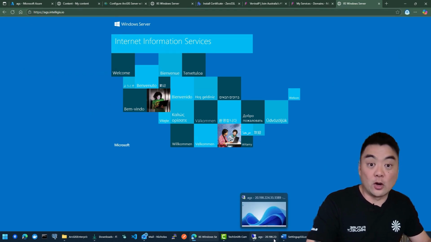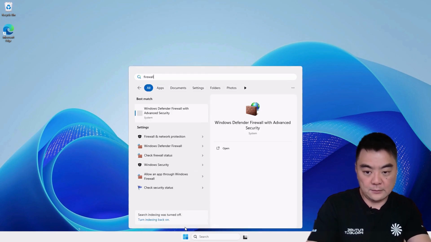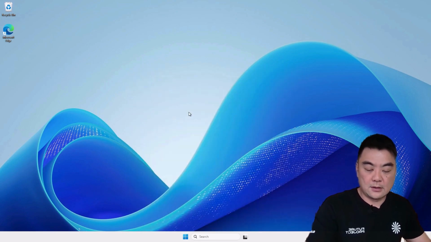Okay, so almost there. The next thing we need to do is open the port that ArcGIS Server will run on. If you did the portal one, it was 7443 for portal. For server, it's 6443, okay? So same process, just different port. We'll jump back on the server. So over here, back on the server machine, we'll go firewall. Open Windows Defender Firewall from the start menu,